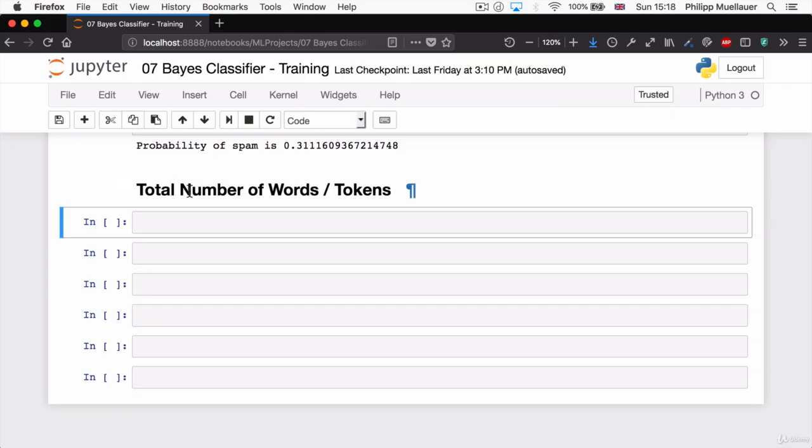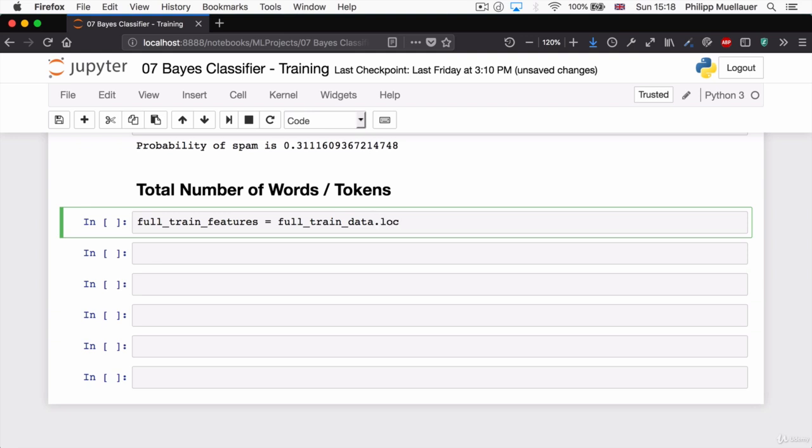What I'm going to do is create a subset from our full_train_data frame. I'll call this subset full_train_features. So this will be just the tokens. I'll set this equal to full_train_data.loc